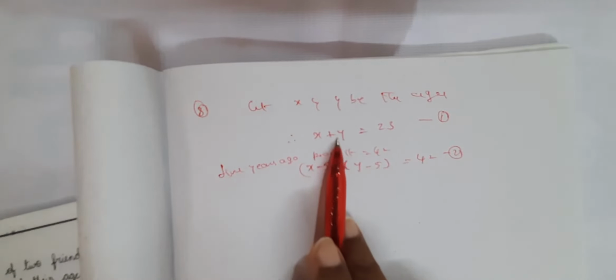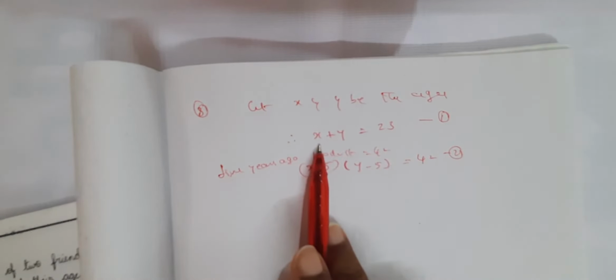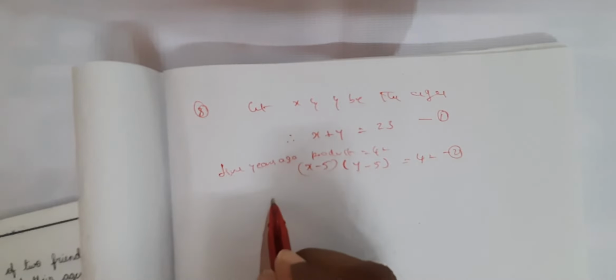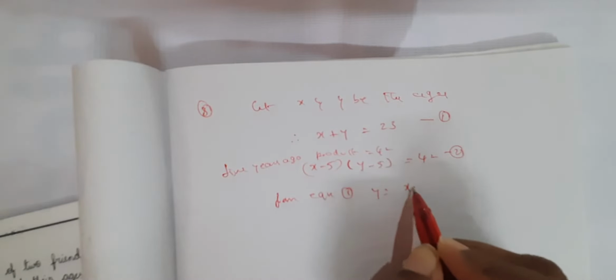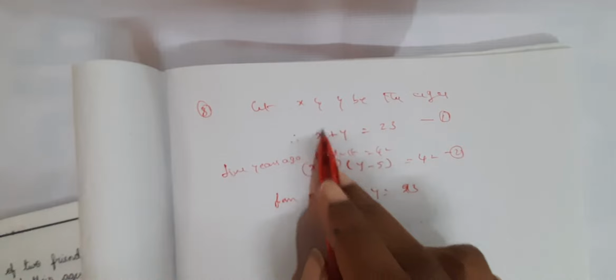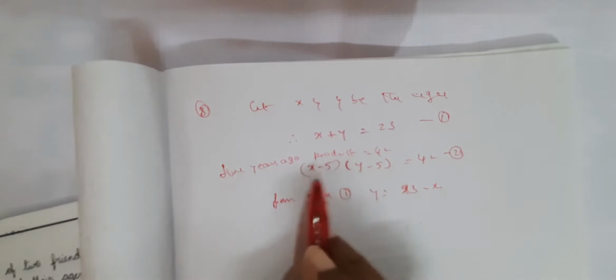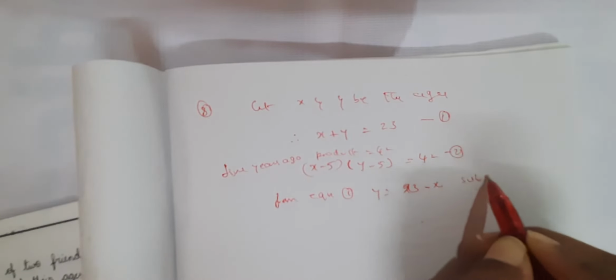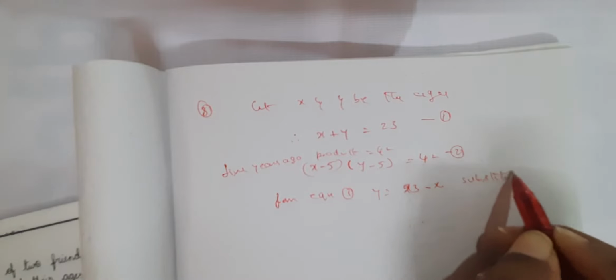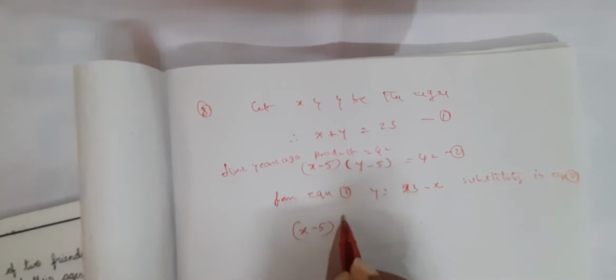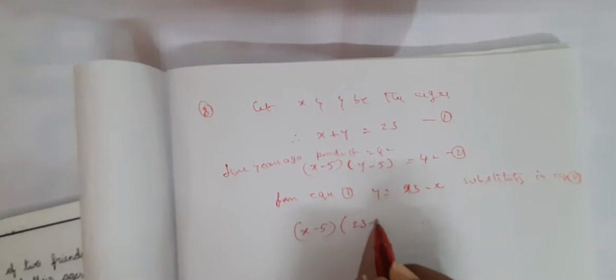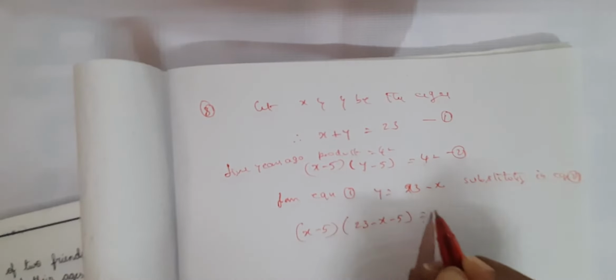In place of Y you can substitute 23 minus X. From equation 1, Y is equal to 23 minus X. Substituting in equation 2, you will get (X minus 5) into (23 minus X minus 5)